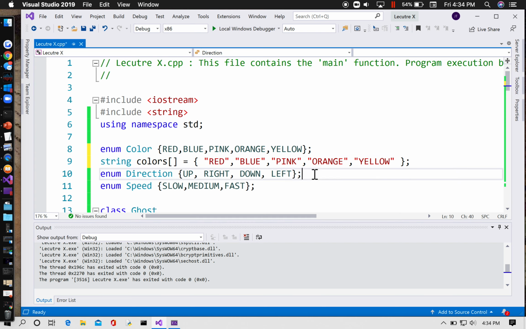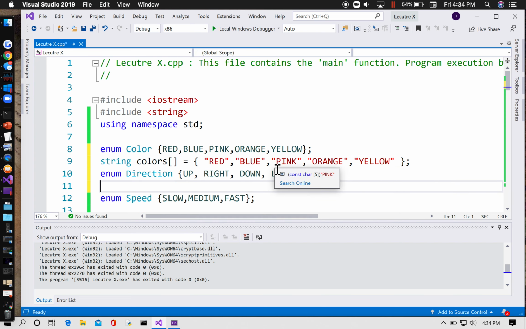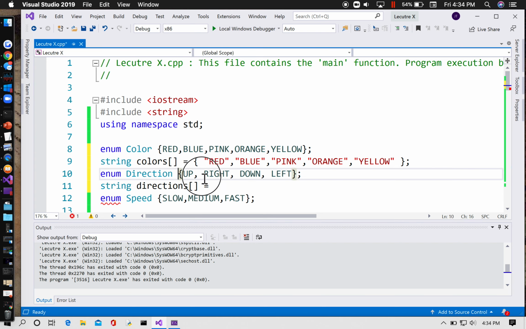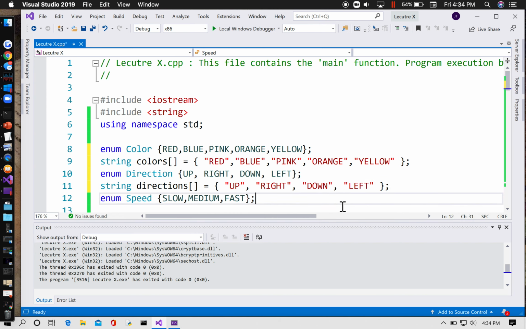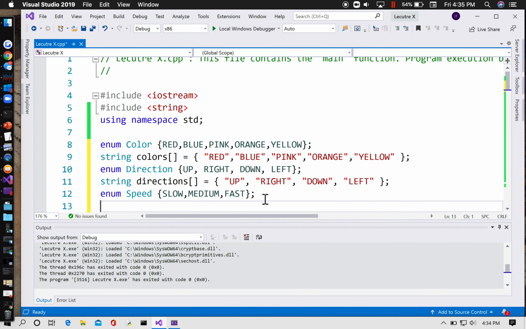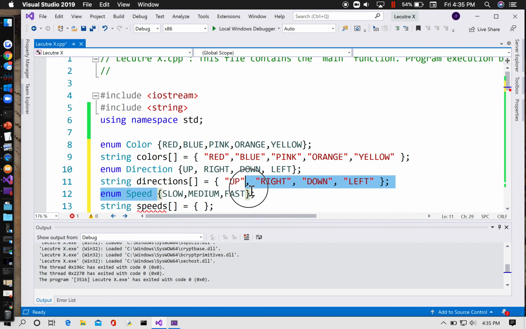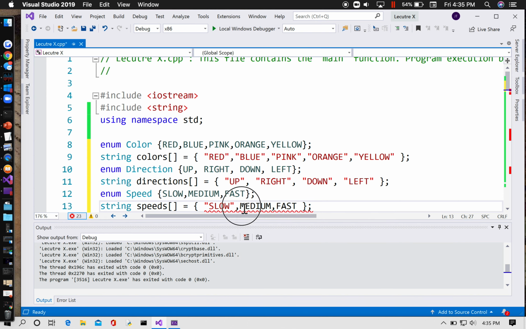We could do the same for the colors, right? Excuse me, for the directions. String directions array is equal to, and we're going to copy these. There we go. And lastly, for speed, string speeds is equal to slow, medium, and fast, with quotes around each one. It'd be nice if there was a faster way to do this. And I think the C# language has that, but